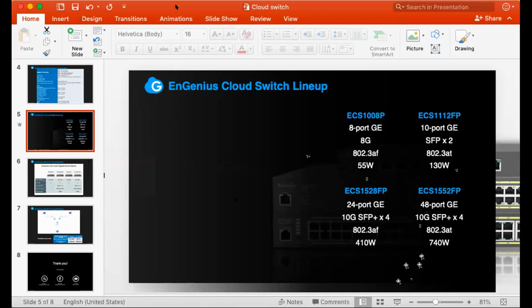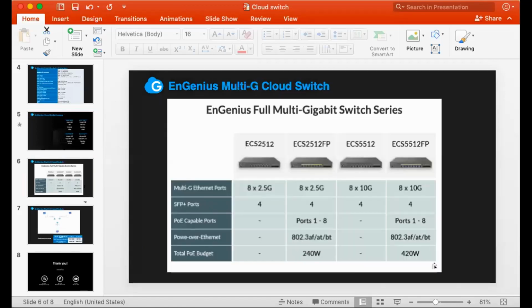We also have the 10G SFP available. So if you want to bundle the 10G SFP with our ECS switches, please also ask for a quote from our respective distributor. Now next is the